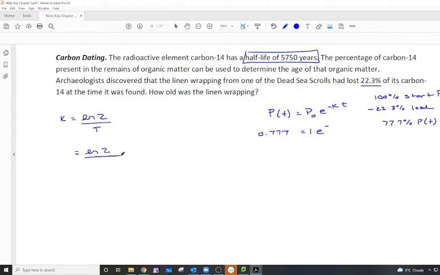ln 2, so capital T being the time to double grow or half decay. That came out wrong. To double its amount or half its amount is what goes in for T. So we're going to put in 5,750. So this is going to be the ln of 2 divided by 5,750, which gives us